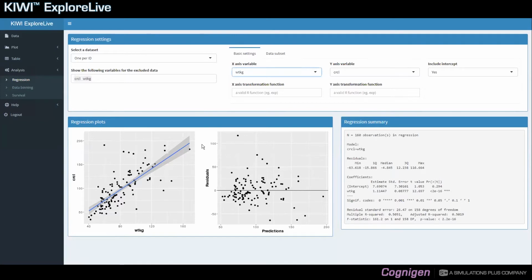The second plot is a residual plot versus prediction. So it gives you an idea about how centered your residuals are compared to your prediction. On the right side, you can see a little summary of that linear regression. The number of observations included in the regression is listed first,